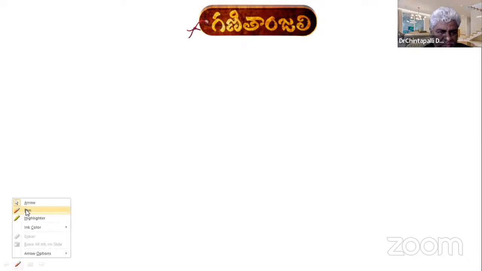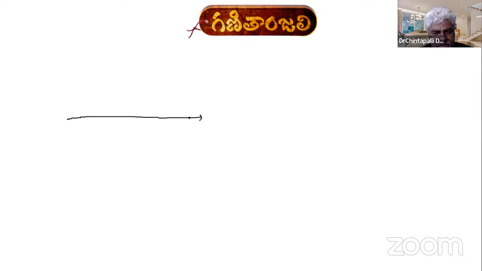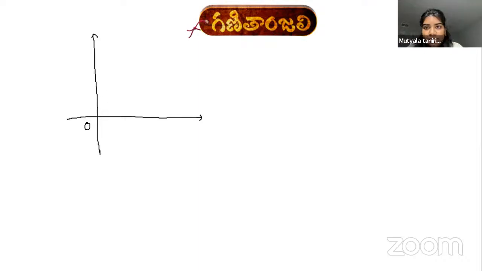It is the x-axis. We are talking about a function which cannot take negative values. We are drawing a function which cannot take negative values, right? See, if there is a function like this,